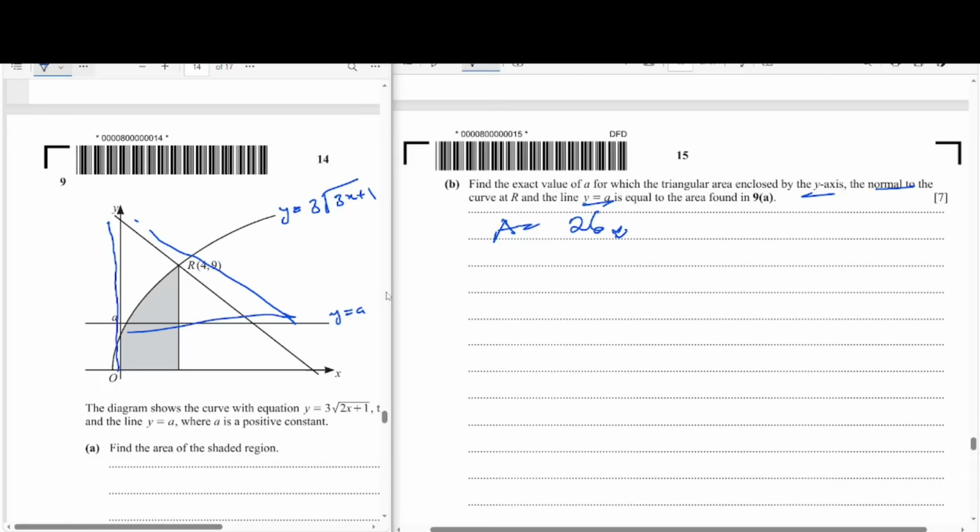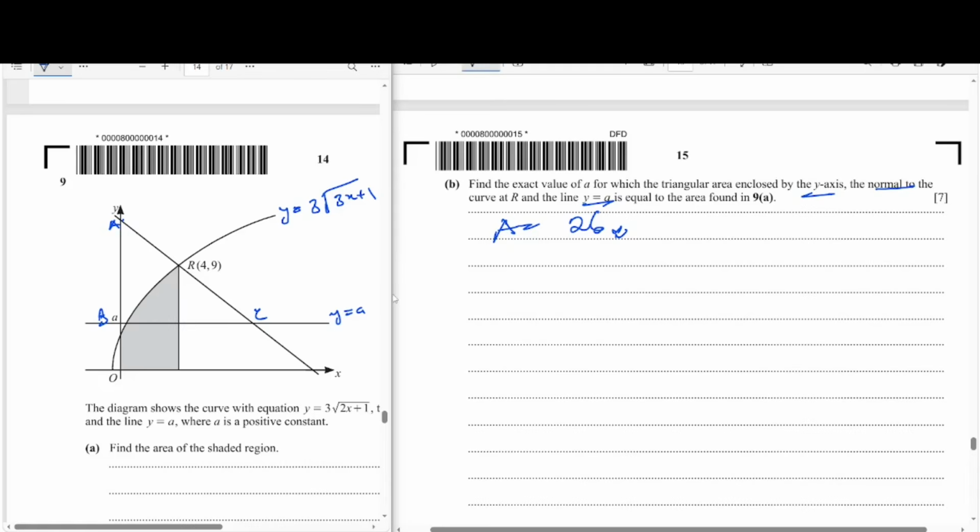So it means you're talking about this triangle, the triangle at the top here. So let me name A, B here, and then C, just for identification purposes. So we want to find what value A should assume, so that the area of this triangle at the top here will be equal to 26